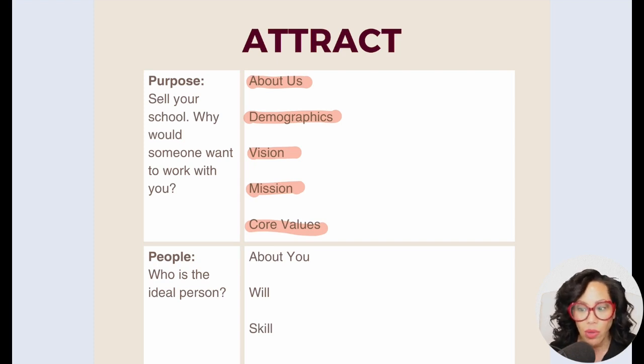There are some people who, when they look at it, are going to say, oh, you know what? Mission, core values, the vision, that speaks to me. And those people are going to want to work for you. So put that in your job announcement, put that all over the place. This is who you are. If they're doing research about you, they should see it on your website. You want to put your vision, mission, core values everywhere because those are going to attract the right people and repel the wrong people. They're going to attract the people who share your purpose. They're going to repel the people who don't.